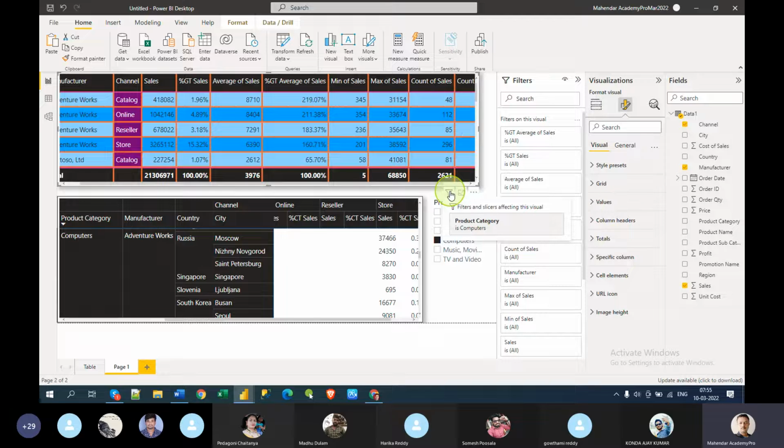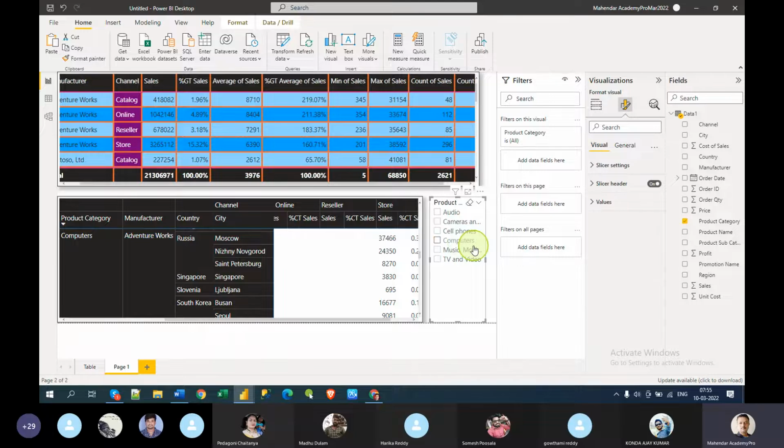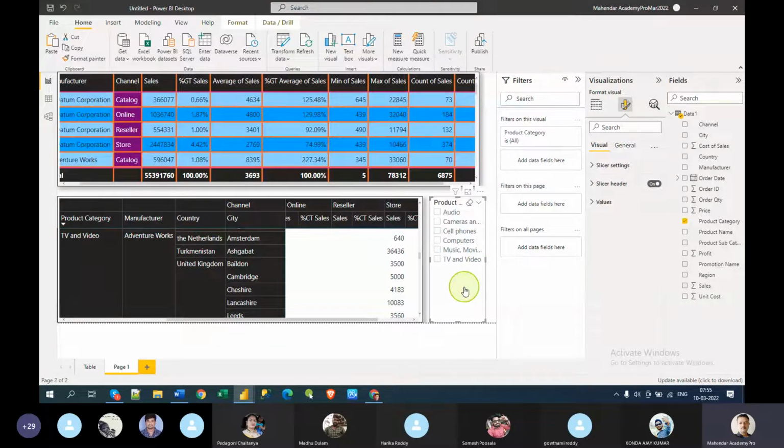Yes, this is also filtered. So the filter symbol will tell you how these values are actually coming, right? The filter symbol is also very important, apart from the formatting and edit interaction, whether the edit interaction is on or not. It will tell you when you hover over that filter icon, not click, just hover over. So this is all about matrix. You can create multiple matrices, and you can also do edit interaction, right?